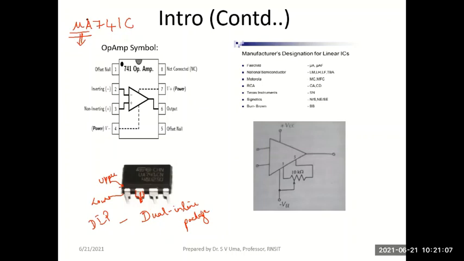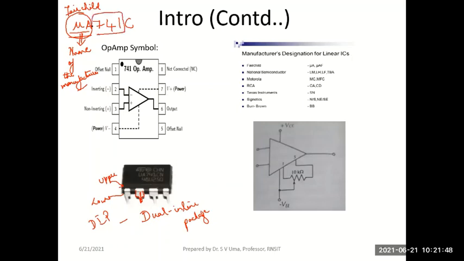MUA are the initials. The first two letters represent the name of the manufacturer. Please remember that. The standard IC naming conventions tell you the first two letters will always give you the name of the manufacturer, and MUA represents Fairchild Company from the US. All of you should have heard of Fairchild Semiconductors. They manufactured the op-amps and their initials were mu A. Any IC that is manufactured by Fairchild starts with the letters mu A.